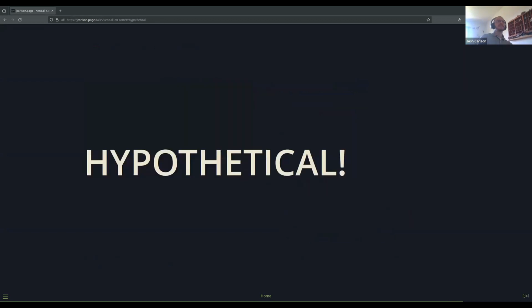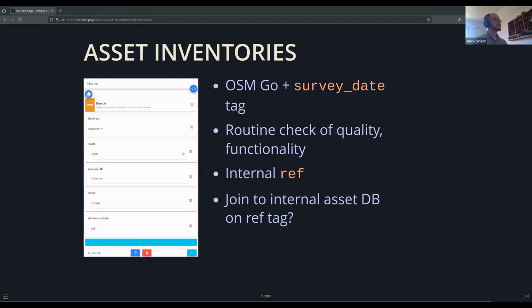I'll get to the questions in a second. Hypothetical stuff. This is something we don't have a particular use for currently, because we don't manage asset inventories. But in May, the Illinois GIS Association is having a small regional conference, and the theme is public works and utilities. We're not in that space, but we wanted to submit something to talk about.